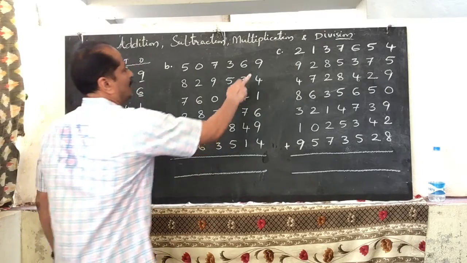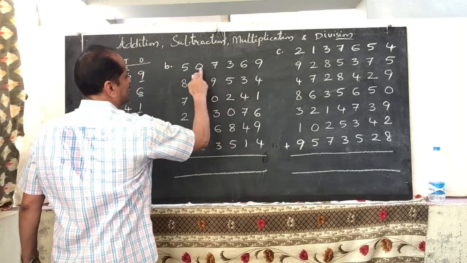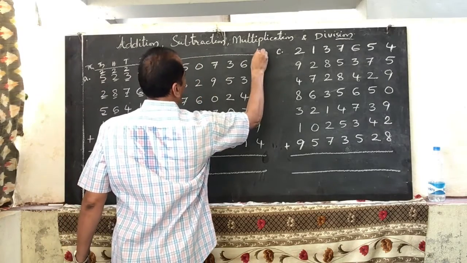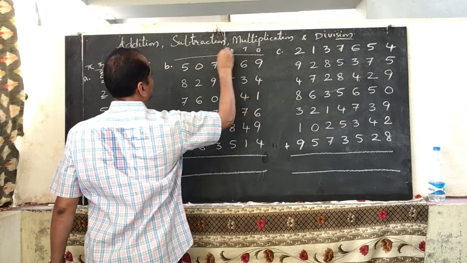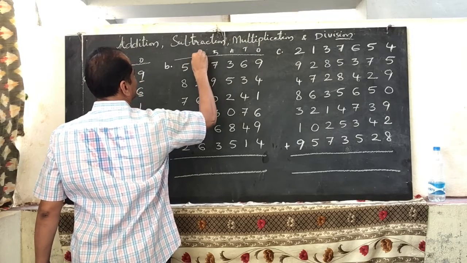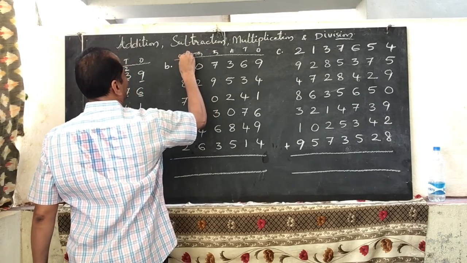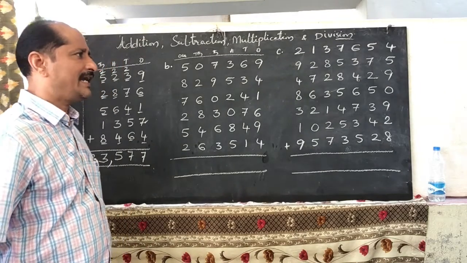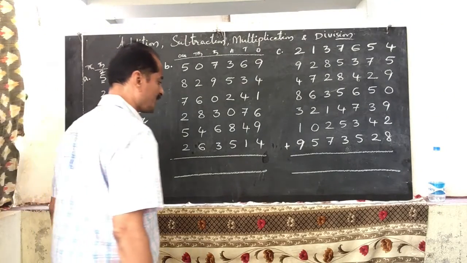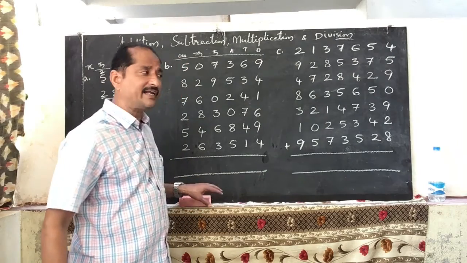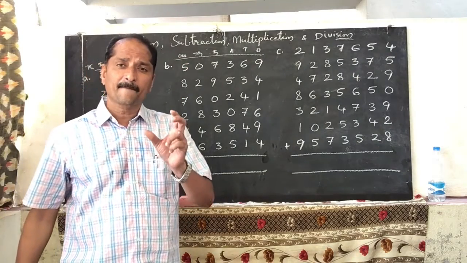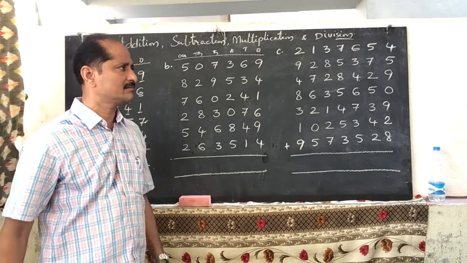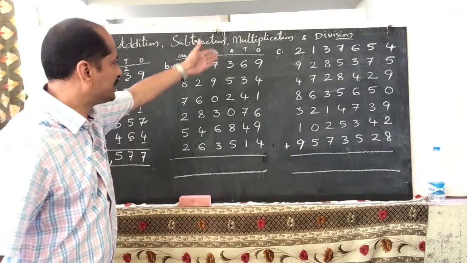Here also, ones, tens, hundreds, thousand, 10,000, 1 lakh. Till 1 lakh we have the numbers. Okay, ones, tens, hundreds, thousands, 10,000s, 1 lakh. Now add the ones place digits. Add all the ones place digits. How can you add it? You can add by counting in tens. Right? Counting in tens. Now check here.